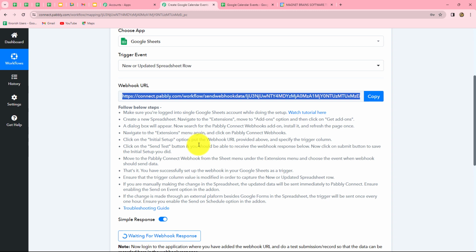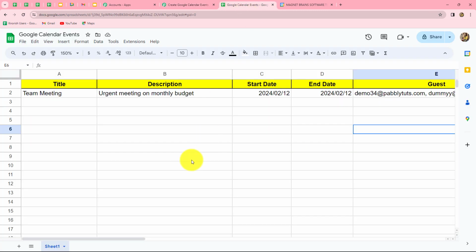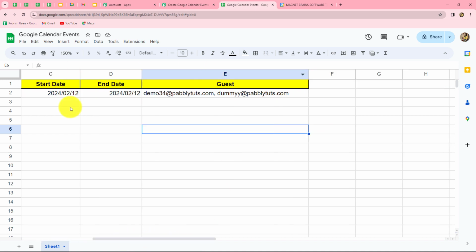and then I'm going to tell you exactly what we are supposed to do. So for this, I'm going to take you towards my Google Sheets. So this is the spreadsheet which I have prepared for Google Calendar events. It contains 5 columns, A, B, C, D, and E. Column A contains the title of the event, column B is for description, column C and D is for the date, start date and end date, and column E will contain the details of the guest,